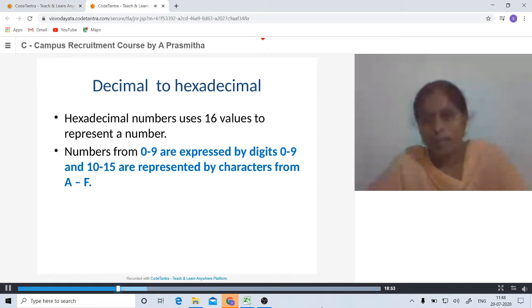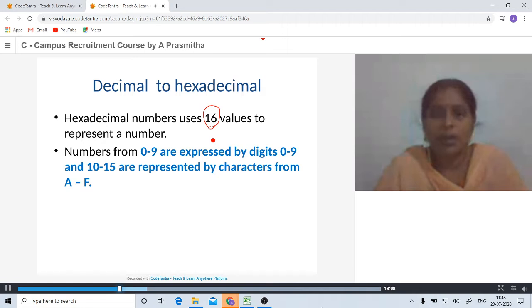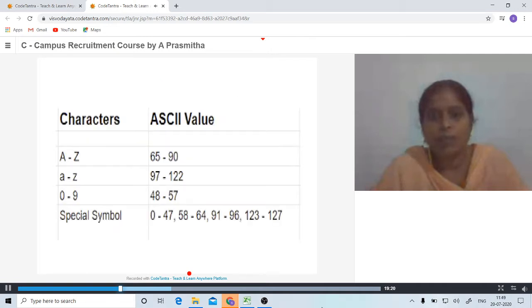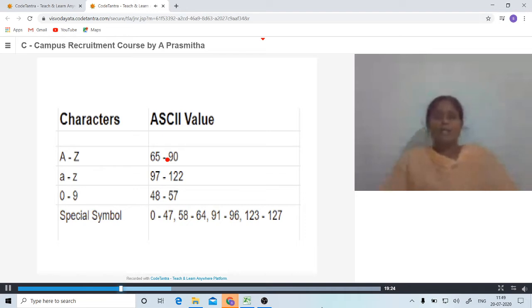Now see the next question. We have to convert a decimal number into a hexadecimal number. Hexadecimal uses 16 values, but not all 16 values are numbers. It uses digits 0 to 9, and after that A to F as characters. So how to convert a decimal number into a hexadecimal number? We have ASCII values for each and every character in a computer.